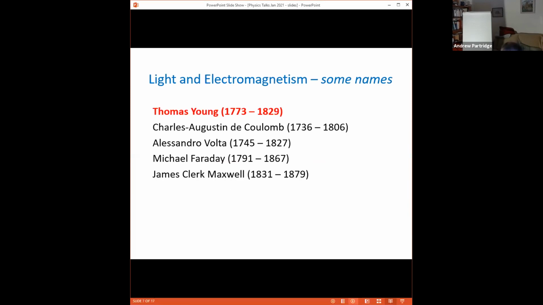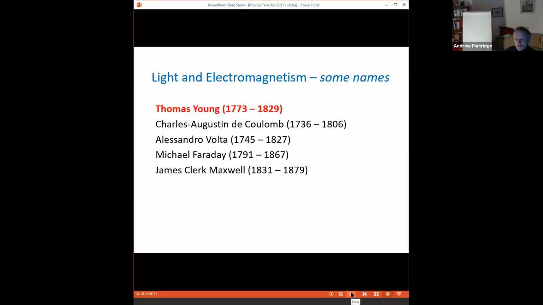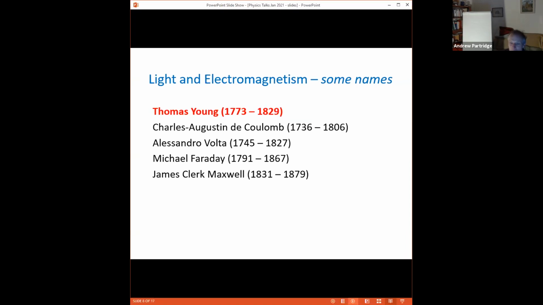So we've done Thomas Young. Now we have Monsieur Coulomb and Signor Volta and Michael Faraday and James Maxwell. So these are the sort of players in the world of electricity and magnetism, which was something else which was beginning to puzzle people. And you can see now we're definitely into the late 1700s, early 1800s. This is where people were getting into experiments and so on,